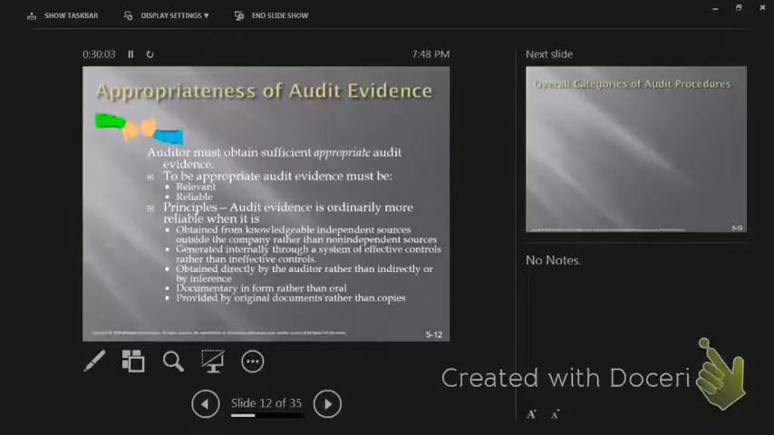And they're going to tell you, you really can't go test that process until you understand how it works, and that's through oral documentation. And then we already talked about the original documentation. And we're going to talk about this in the IT, but right here, under generated internally through a system,